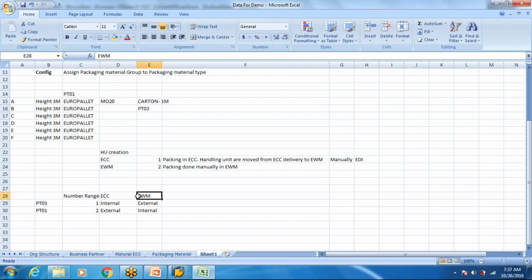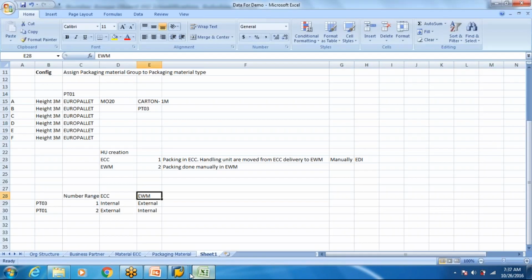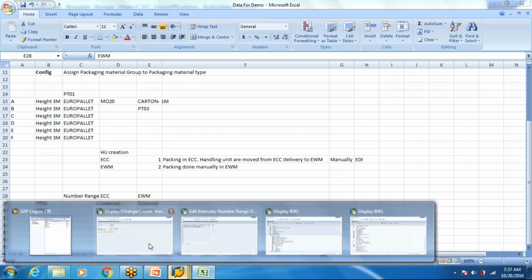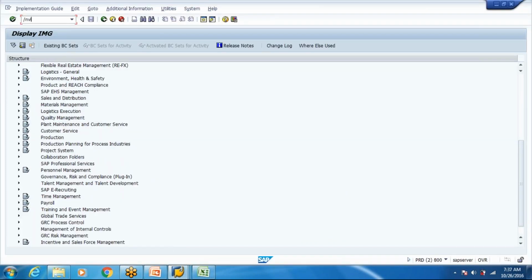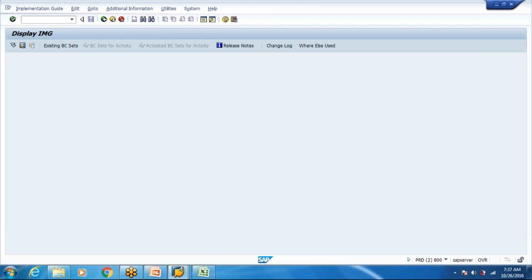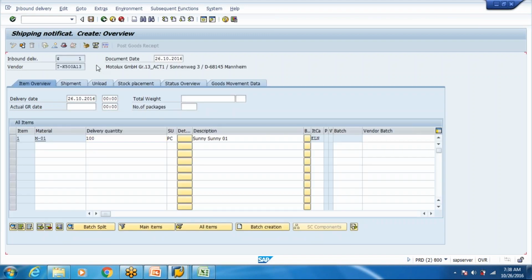What I have done is I've always taken internal for the system where I'm creating the handling unit. Let's say in ECC I'm going for packing.